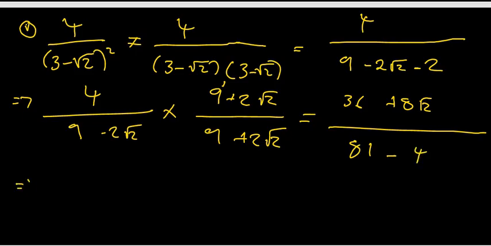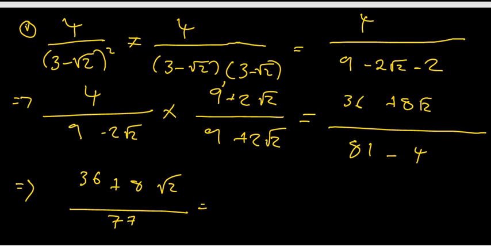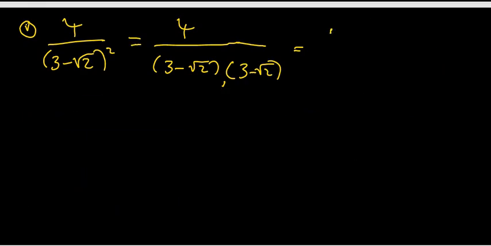Then from there, you know to say 36 plus 8 root of 2 over that one minus that one, it will just give you 77. Okay, so from here now, we can clearly say here, we'll do,